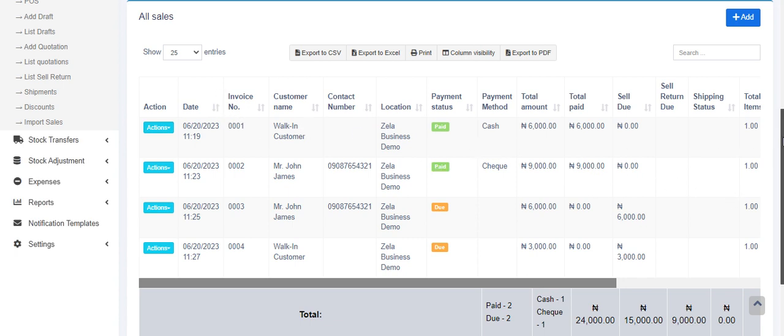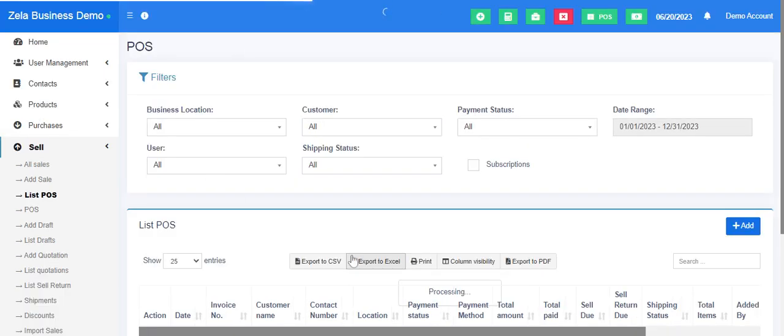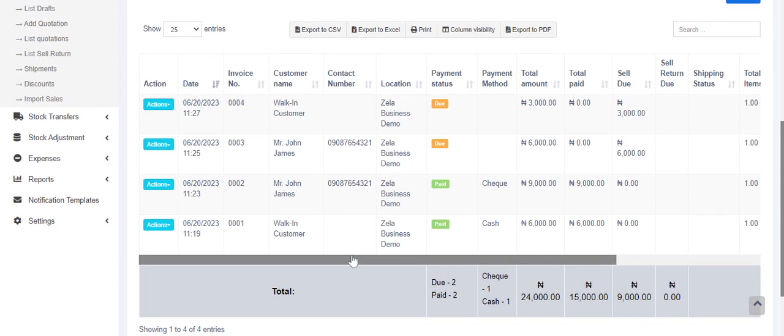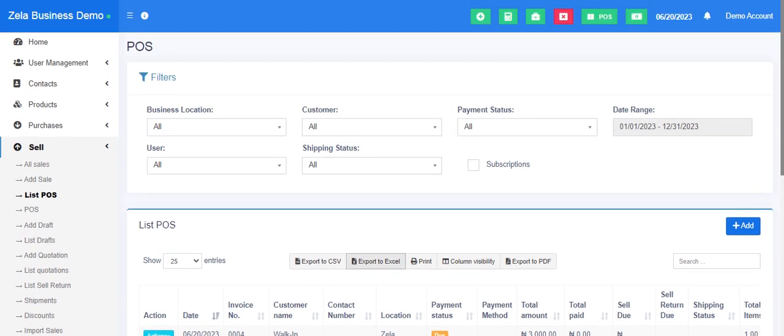Then there's also a POS option available. Now we have list POS. This list POS is very similar to the list sales because here it shows us all the sales that are actually performed from the sales point, which is the point of sale. So it has almost similar records to what we have on all sales. Then we also have the list quotation and the list draft. Remember, I explained quotation and draft. So any sales that have been added as draft will be visible under the list draft. Those added as quotations will be visible under the list quotation. So this is how to navigate